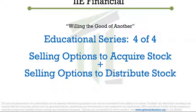This is called Combination Options because we're combining selling options to acquire stock with selling options to distribute stock. This is the fourth part of our series, and hopefully you've seen parts 1 through 3, or else this one may not make a whole lot of sense. So you definitely want to make sure that you have viewed 1, 2, and 3 in this series before watching